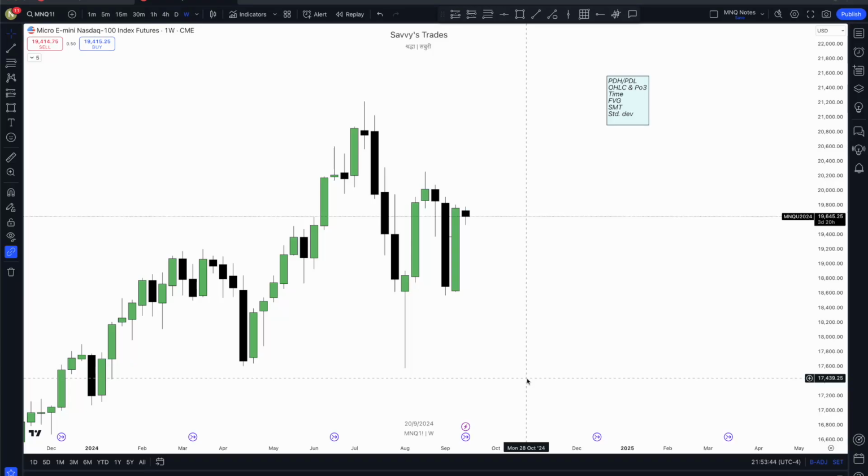Welcome to the daily market recap. Today is 16th of September 2024. It's Monday. So I like to iterate the concepts that I usually refer to in the daily market recaps, and